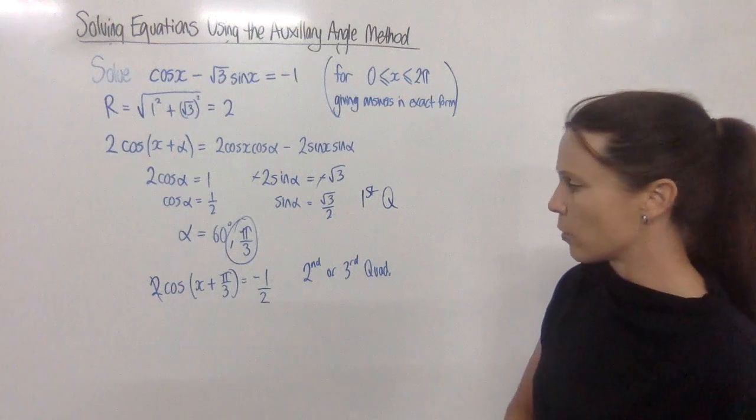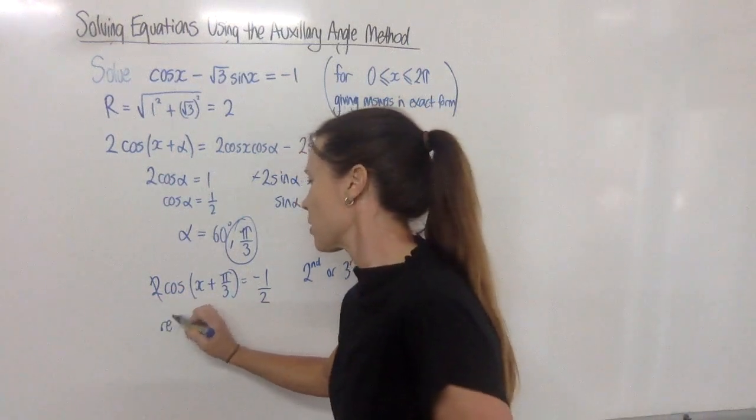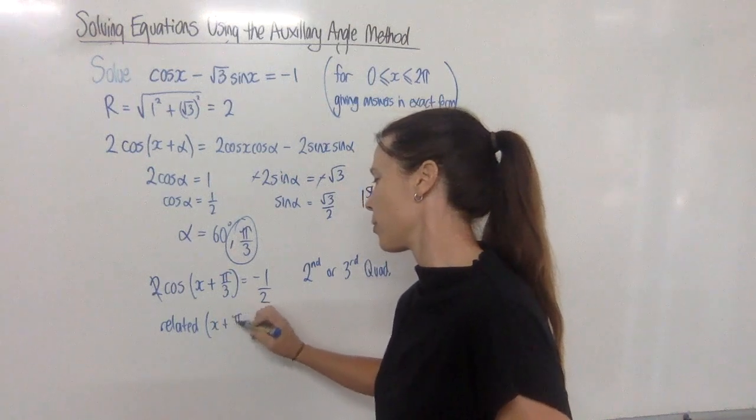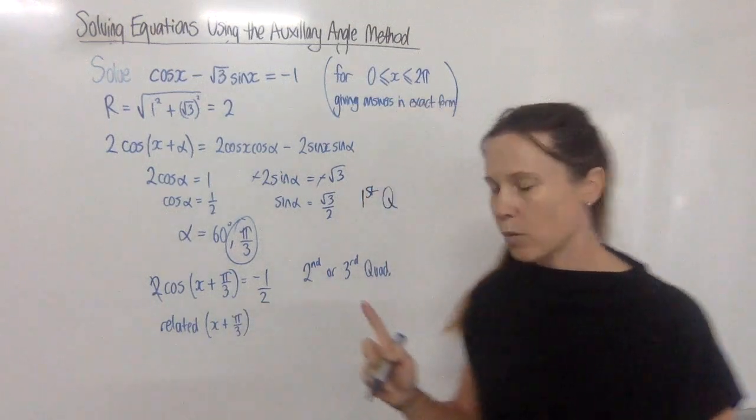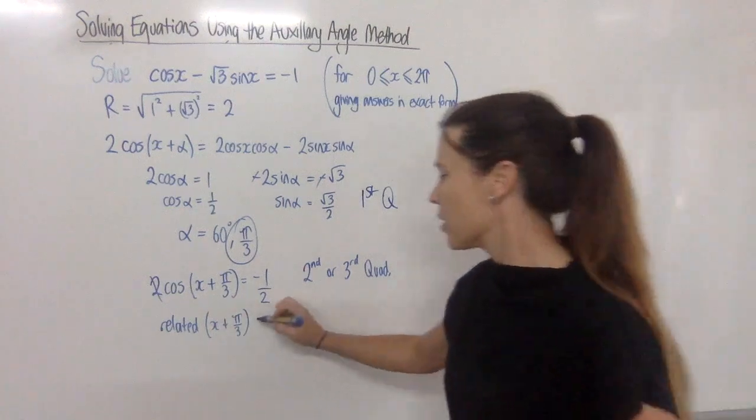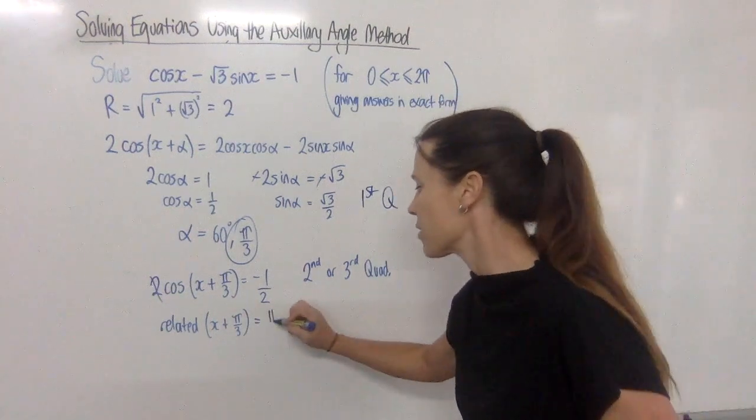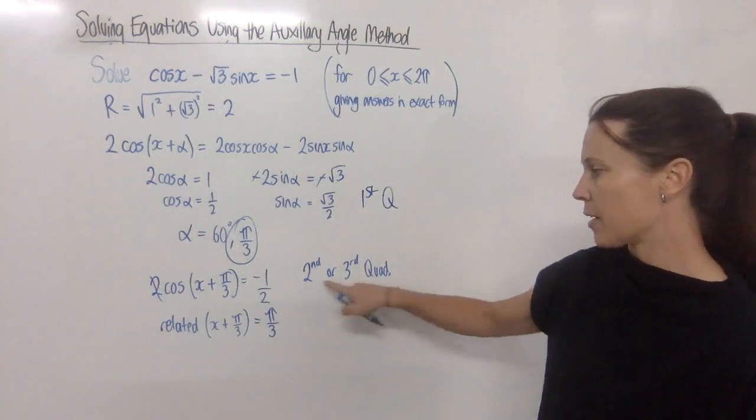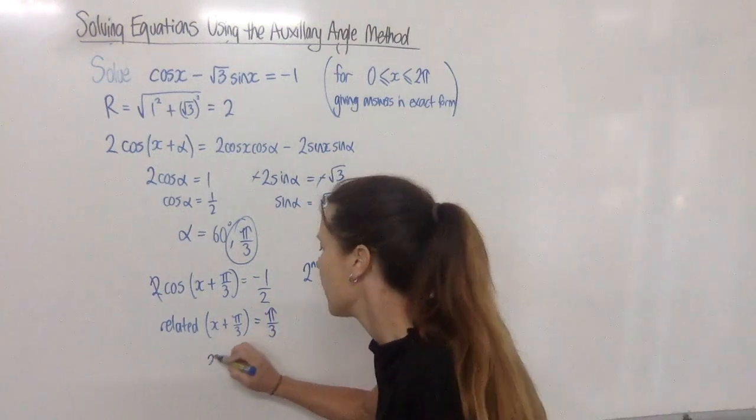Okay, so they're the two that we're looking at. So first, find your related x plus pi on 3, the one that's in the first quadrant. Now, the cos of 60 degrees is a half, so my related angle is 60 degrees, or pi on 3. Okay, but if I want to put pi on 3 in the second or the third quadrant, I do that